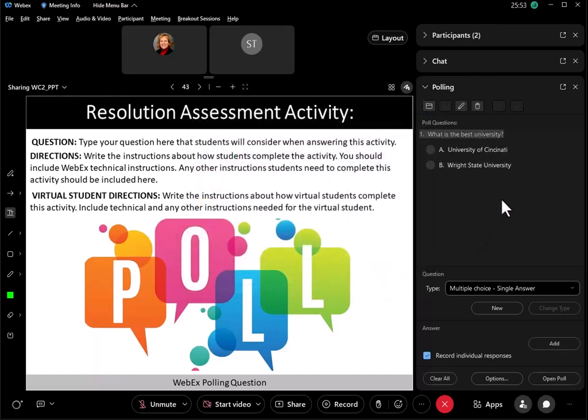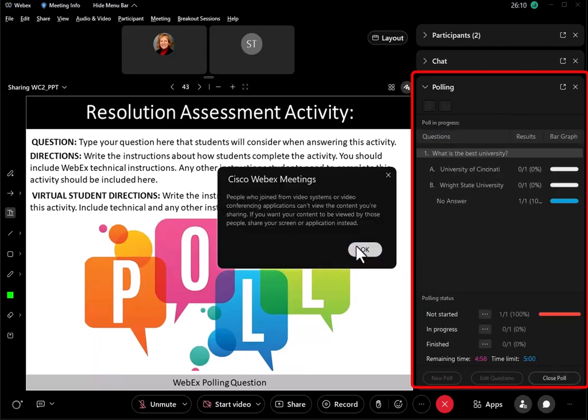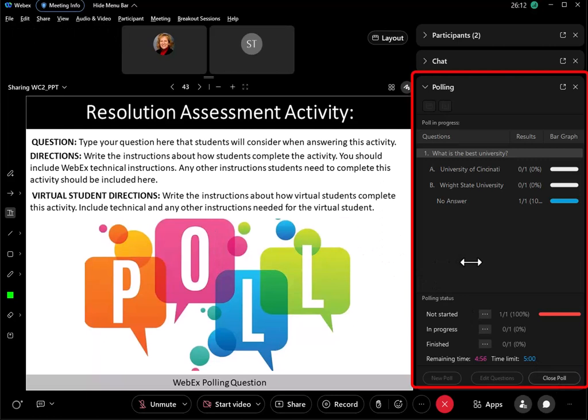All right, so which is the best university? You coach students to answer the question. They answer it. Let me go over here and answer it for my fake student. Oh, excuse me. One other thing you have to do is you have to open the poll so that students can see it. Okay, now the fake students can see it. Bear with me.